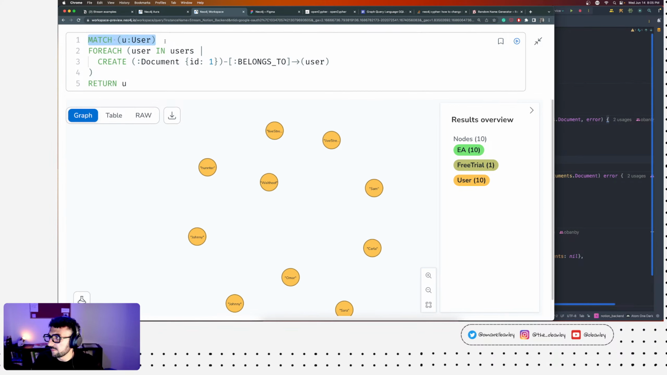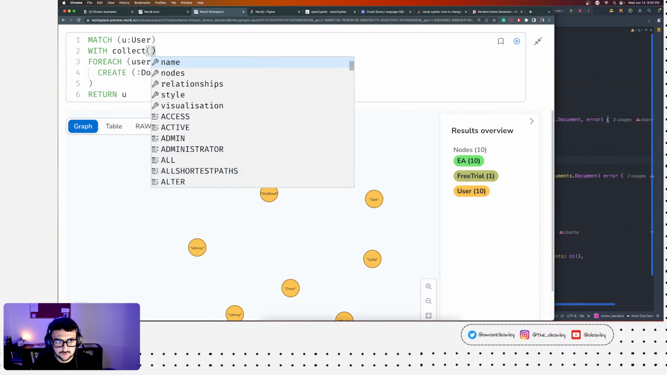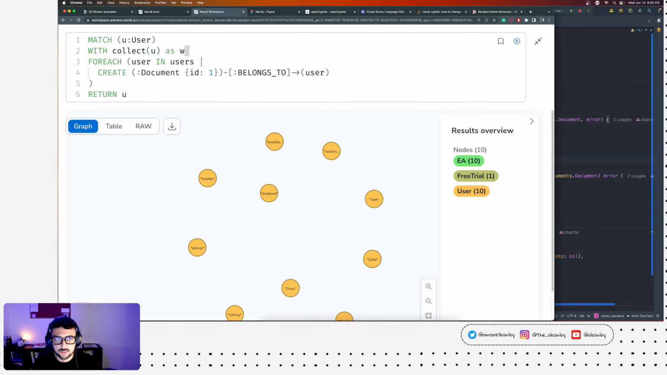So now that you matched all the users, you want to say with collect you as users. And here you're saying you got all the nodes for me after you matched them. Now put them in a collection. So make them an array essentially, right? And you say as users. Also, it's a convention that we write things as uppercase that are internal to Cypher. So now for each user in users, let's say we want to add